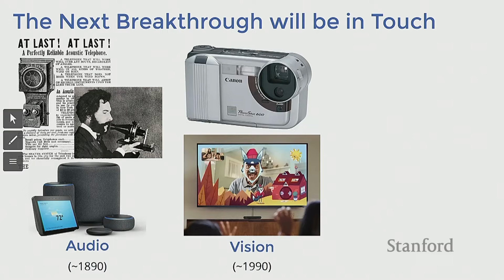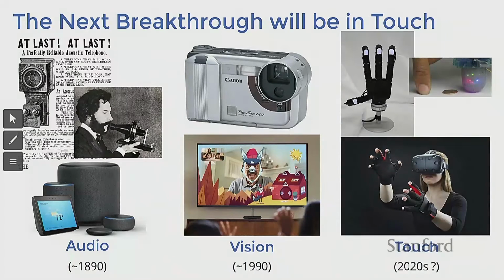And every one of you nowadays has, for sure, cameras in your pocket, in your phone. You have tens of them probably around your everyday life. And this enables, again, to cheaply and reliably digitize images, transfer them over distance, and essentially replay them back onto a screen. And I believe that now, in this decade, we have the possibility of having a similar path for touch with the first cheap, reliable, and mass manufacturable digital sensors for touch.